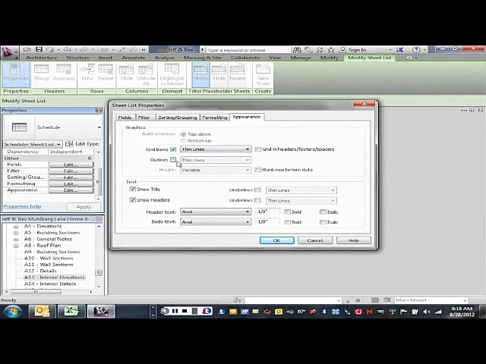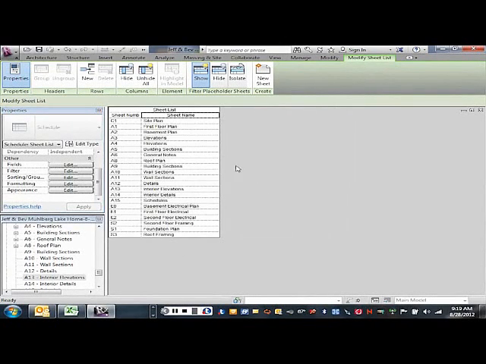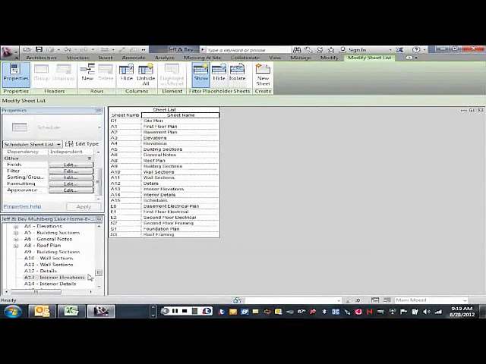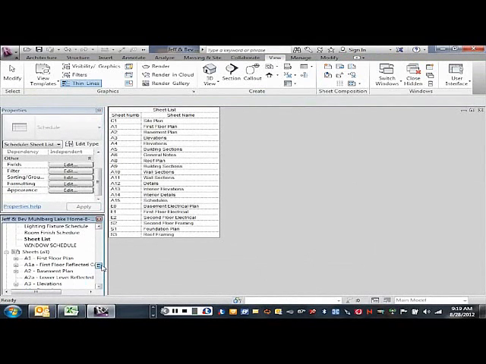We could put an outline on it, which is thick lines. We could have the headings all bolded. We could have the titles underlined if we wanted to with a thin line. Okay, it's not going to show up any different here, but if we go back to our cover sheet,